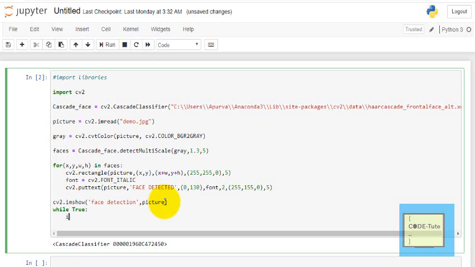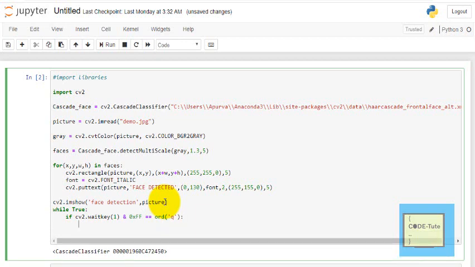If I write cv2.waitKey 0, it will pause the screen indefinitely, but I want to terminate my application after some keyboard key is pressed. So I can give a condition with the hexadecimal constant 0xFF, and I am assigning a value which is ord of q. If the Q key is pressed, my application will be closed.